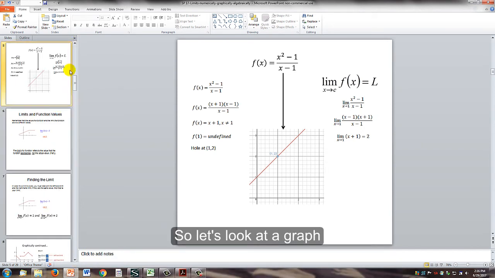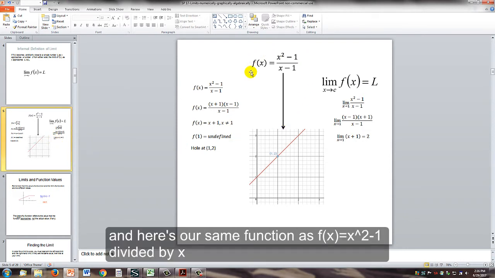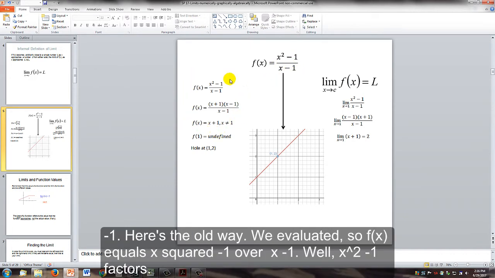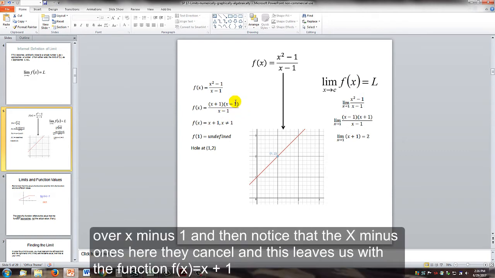So let's look at a graph. And here's our same function. F of x equals x squared minus 1 divided by x minus 1. Here's the old way we evaluated. Well, x squared minus 1 factors. That factors into x plus 1 times x minus 1 over x minus 1. And then notice that the x minus 1's here, they cancel, and this leaves us with the function f of x equals x plus 1. But remember,